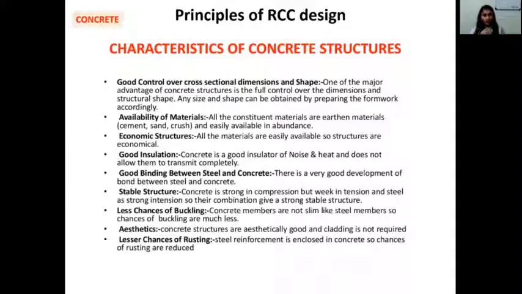So basically, with the clear understanding of RCC and its principles, and by sound structural engineering, you can actually achieve any dimension and any structural shape. So you have better control over the geometry of the cross section and shape. And any shape can be obtained by preparing a formwork. Right? Now the second thing is it is very easily available. Everywhere you get cement, sand, aggregate, water, crushed sand, and also the admixtures. So these are available everywhere on the planet. So this is the key to the popularity of concrete.